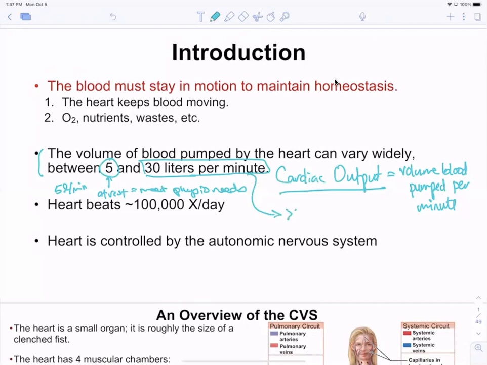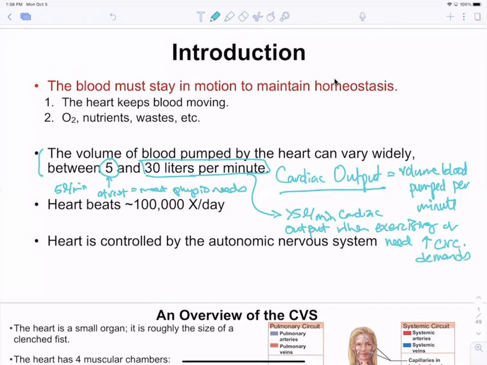Well, you get greater than 5 liters per minute of cardiac output when exercising, right? When exercising, or you need increased circulatory demands. So when you're exercising, you need more oxygen being delivered, and you need more nutrients being delivered, and you need more carbon dioxide and waste being taken away. And so when you have an increase in demand, you have to meet that demand by having more blood circulating